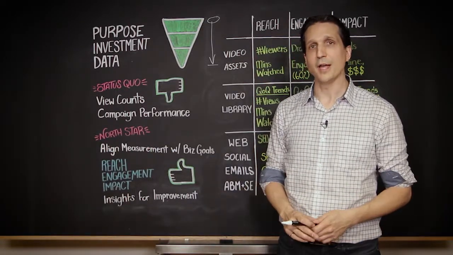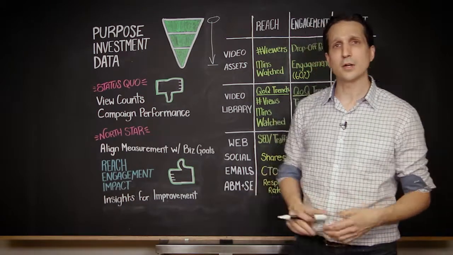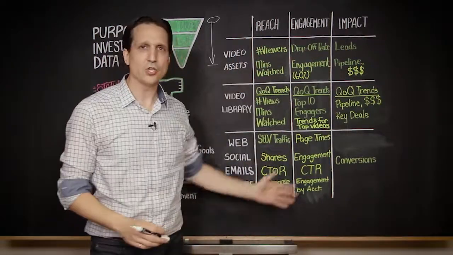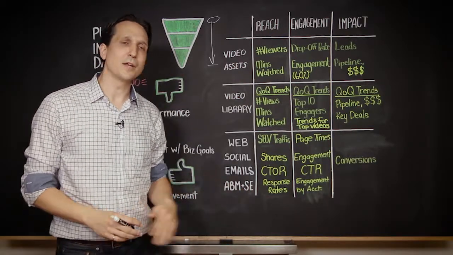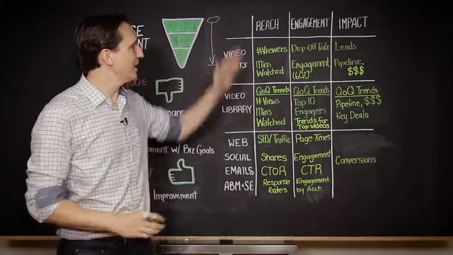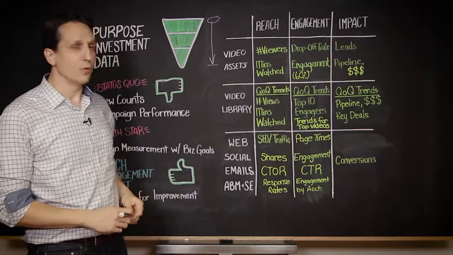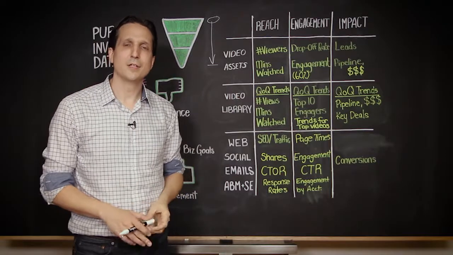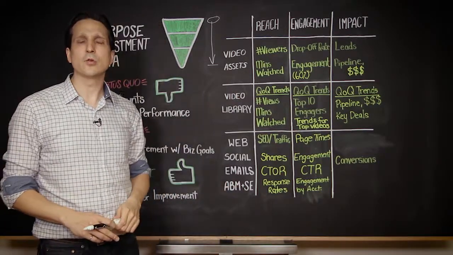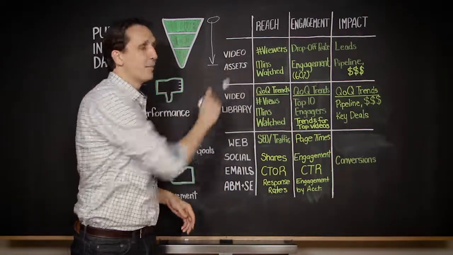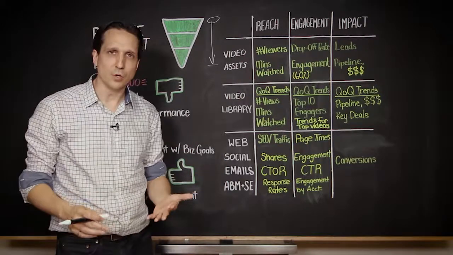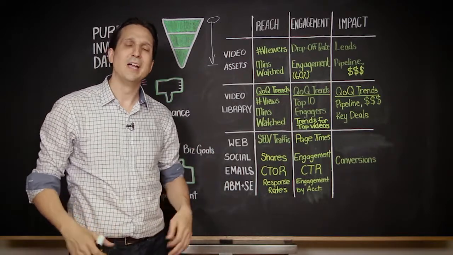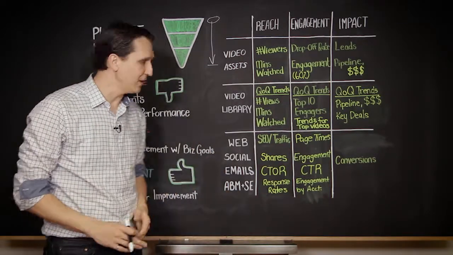You with me? Okay, now that we've talked about the why, I want to talk about the what. How can you put this into practice within your own business? This handy-dandy chart on the right here gives you a bit of a baseline for what kinds of metrics you'll want to think about in each of these different areas. So let's start at the top here and talk about reach for your individual video assets. For each video in your library, you're not only going to want to look at number of views, but how many viewers or unique viewers are you reaching, and how many minutes watched, which will give you a better sense for how long people are actually engaging in that video.